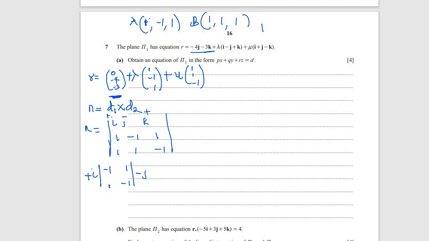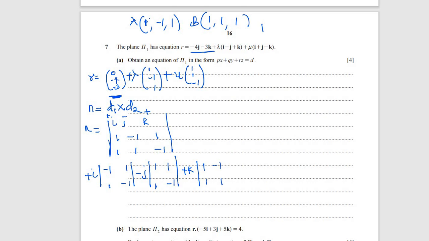The next one is minus j. Then when you bring it out, if you understand your determinant, you're going to have 1, 1, 1, minus 1. At this point I expect you to understand determinant. That was matrix and determinant, the third or fourth topic in the syllabus. You should be able to understand it by now. And the last one, 1, 1